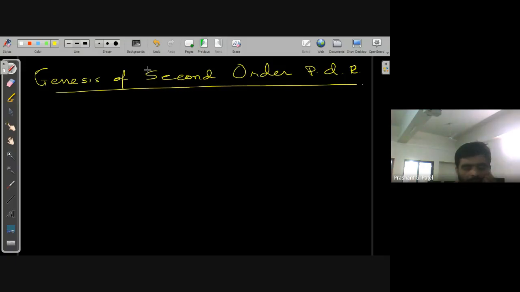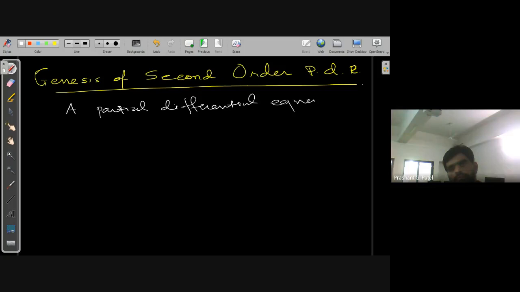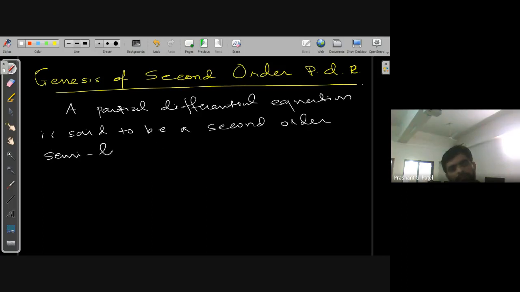A partial differential equation is said to be a second order semi-linear P.D.E. if it can be put in the form